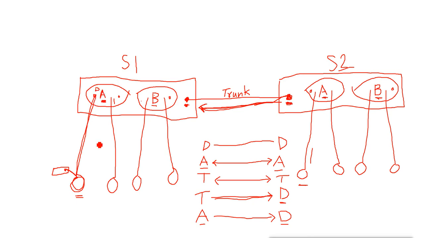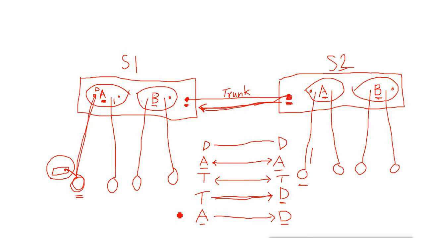Now what is the risk of converting the port into trunk? It will become a member of all the VLANs, and it will get all the data from all the VLANs. That means it can get all the information from the other VLANs also, which I don't want. I want this machine to get only the information from VLAN A, but because it is on desirable, users can do this, and this is a security problem. And that is why when we make a port a member, we run the command switchport mode access, so that it becomes permanently access. So if anyone sends the request for doing the trunk, it will not do the trunk.